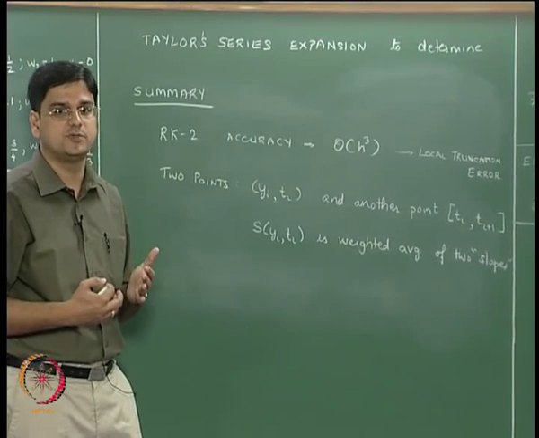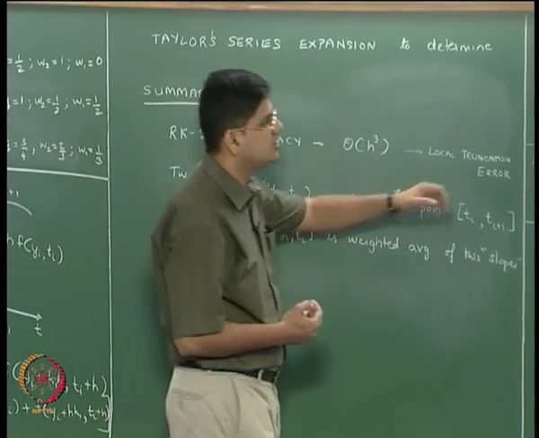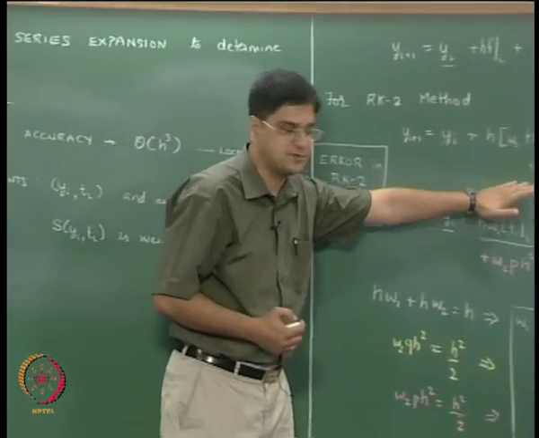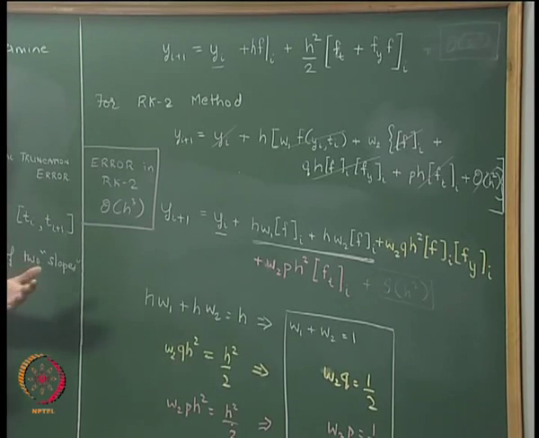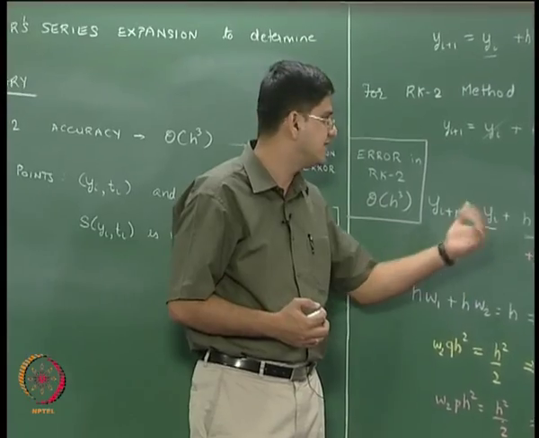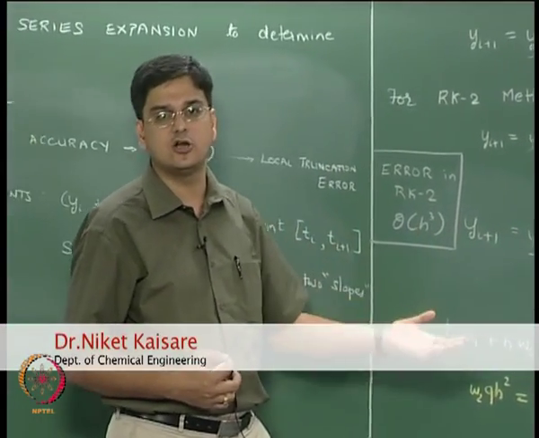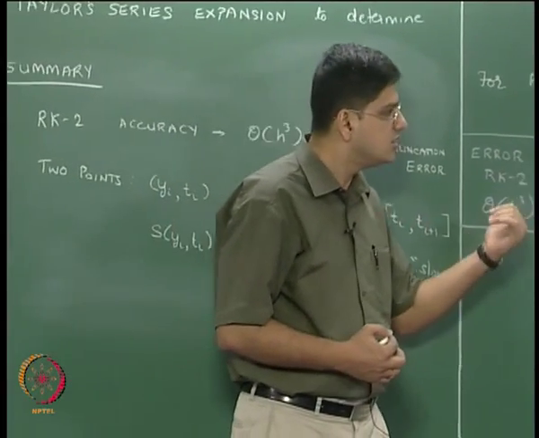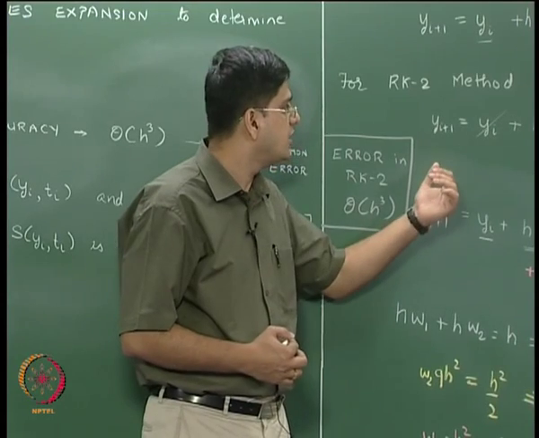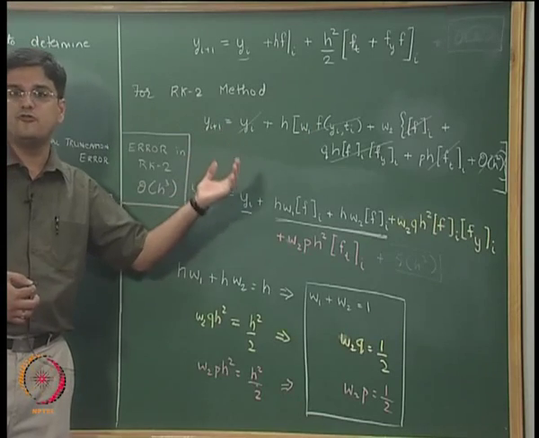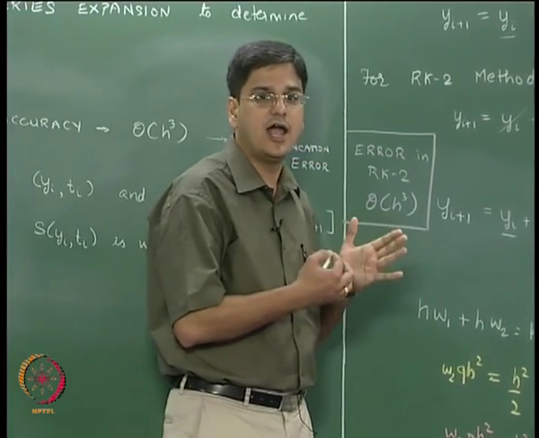In lecture 3 in this particular module, what we are going to consider is, now that we have derived the overall expression for the RK2 method, I will quickly derive the expression for the Euler's method and show that the Euler's method is less accurate than the RK2 method. I will then talk about higher order RK methods and describe how to derive these higher order RK methods, and I will talk about why a fourth order RK method is actually the most popular method.